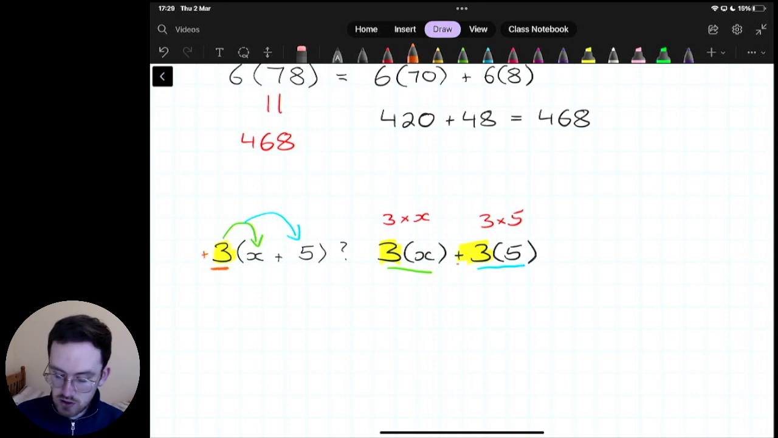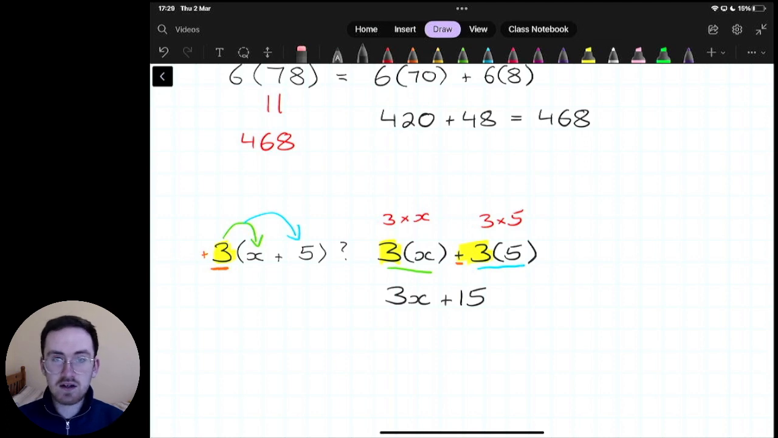So that's where the plus comes from here then. But let's see how that works, or we can push this a little bit further. We remember 3 multiplied by x is what? It is 3x, and 3 multiplied by 5 is just 15. So we get 3x plus 15, and what we notice is